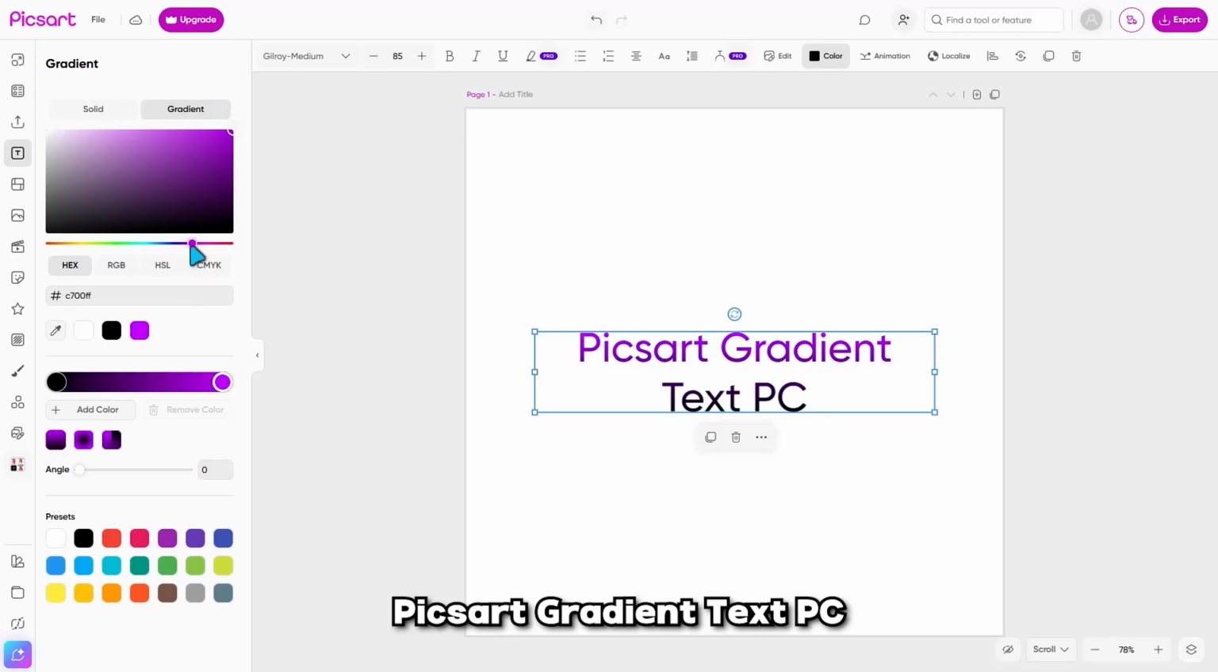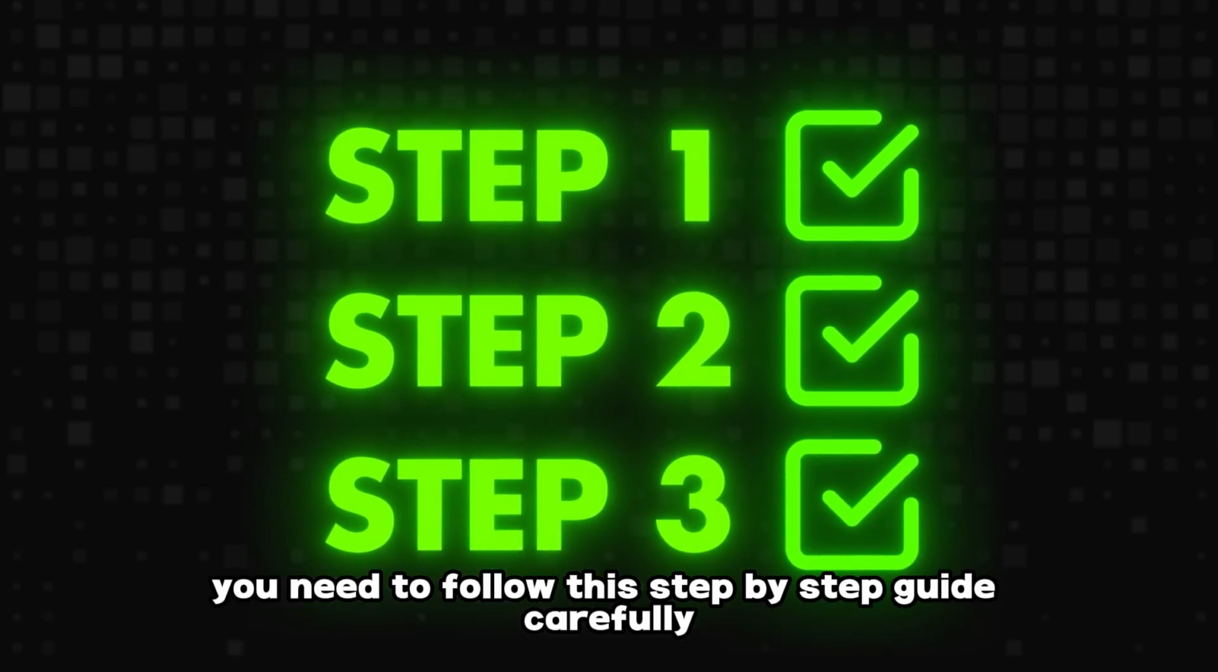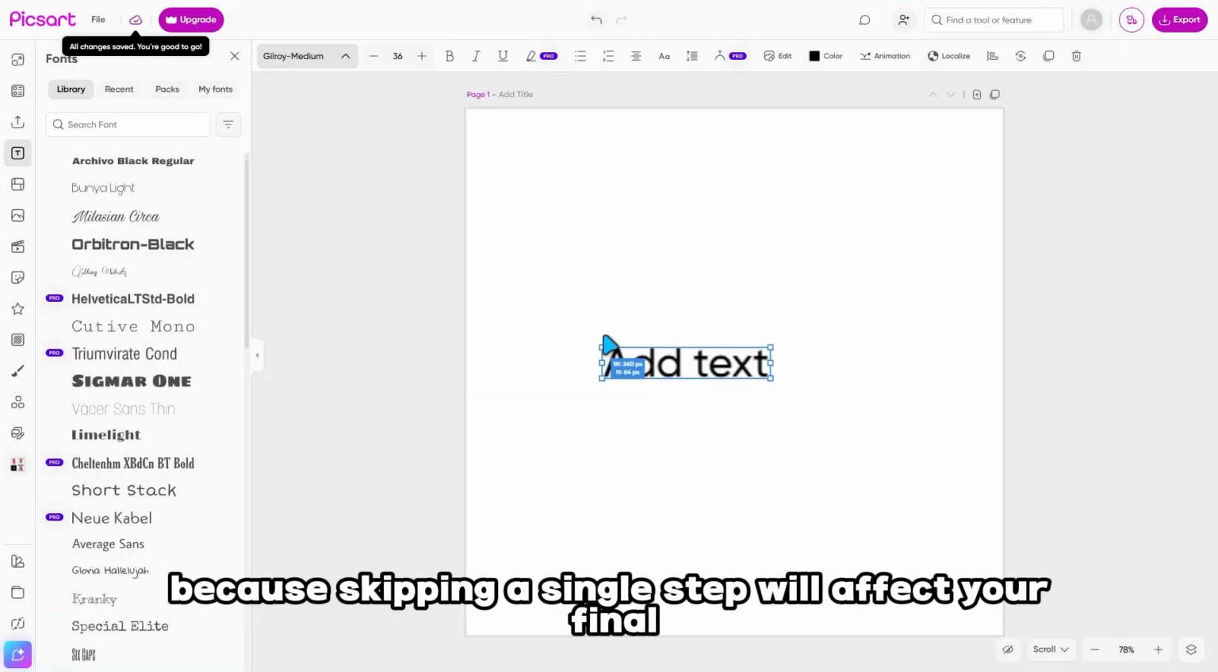Picsart Gradient Text PC. Quick disclaimer, you need to follow this step-by-step guide carefully, because skipping a single step will